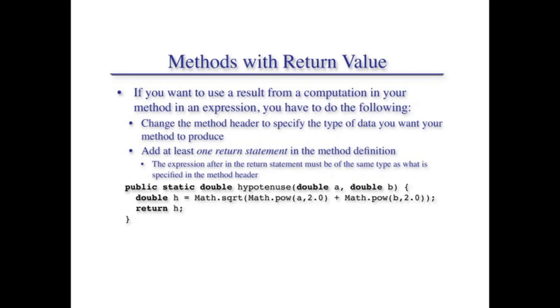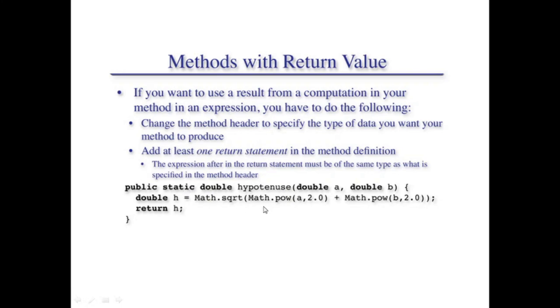And return type as well. Okay, suppose here is a function like hypotenuse. The hypotenuse function has two different arguments. Both are of double type. The first is named a, the second argument is named b. The name of the method is hypotenuse. It is returning a double, and it is a static method, and it is also a public method.